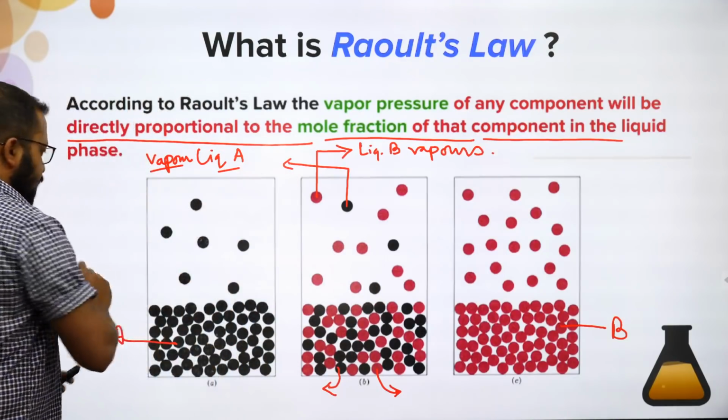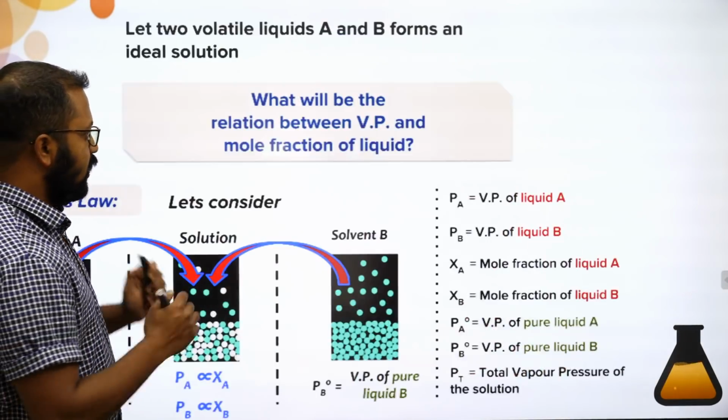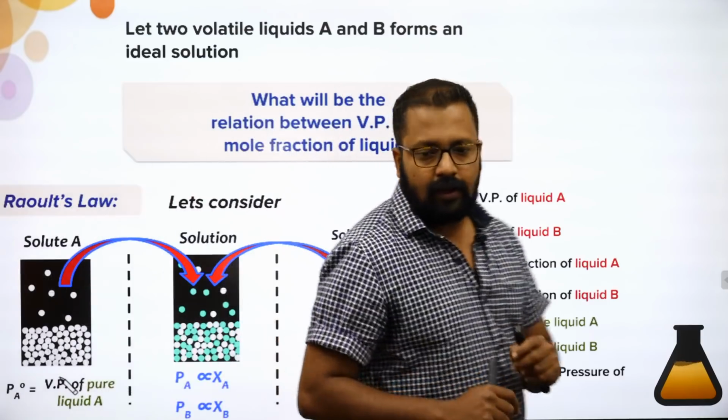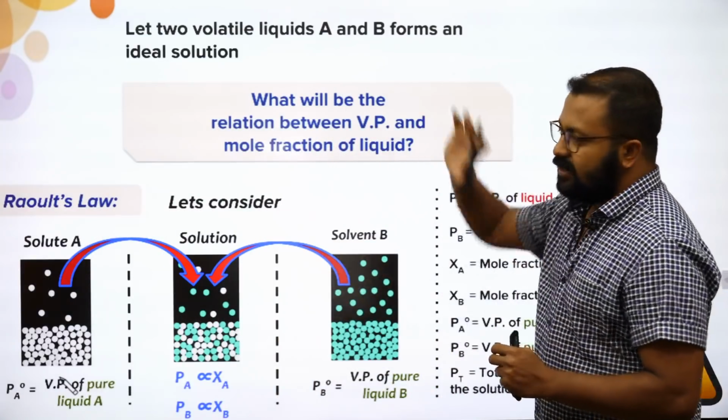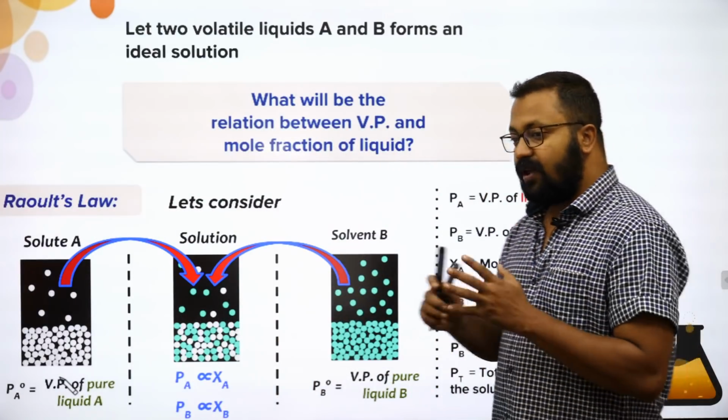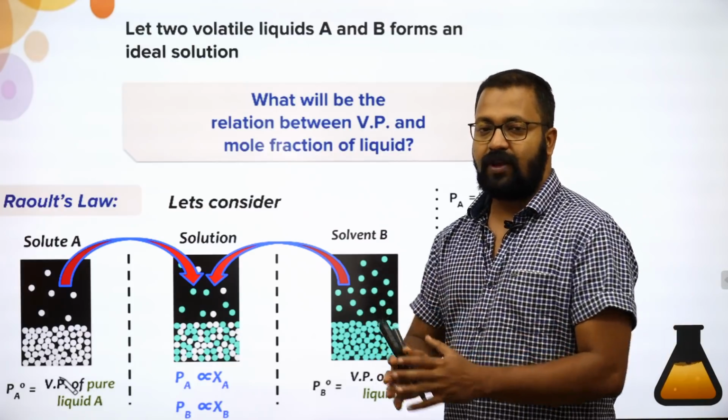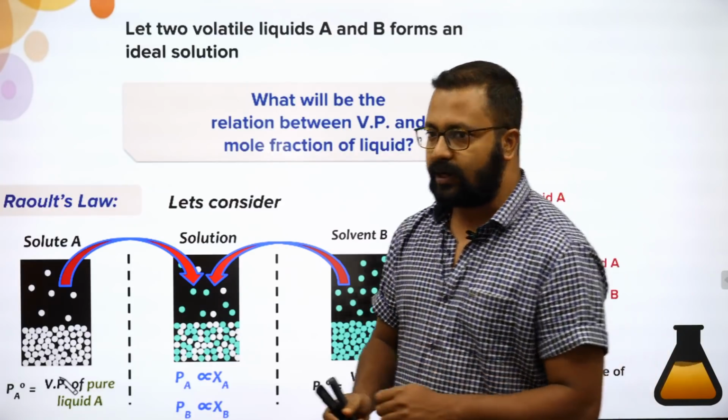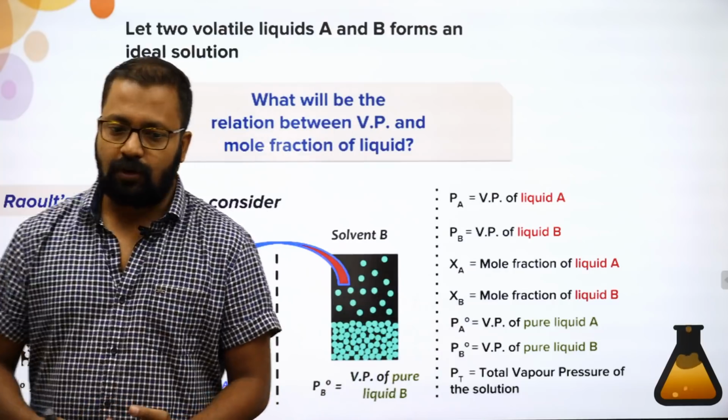Let's understand it mathematically. Let's say there are two volatile liquids. Now when we are making this solution, we are making a solution of two volatile liquids. I am not making a solution of